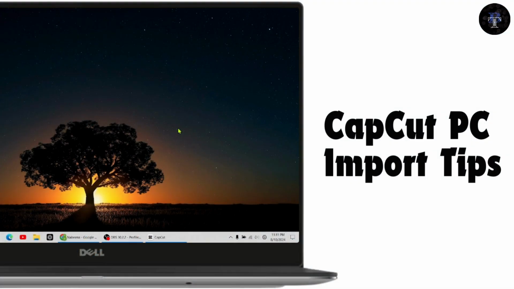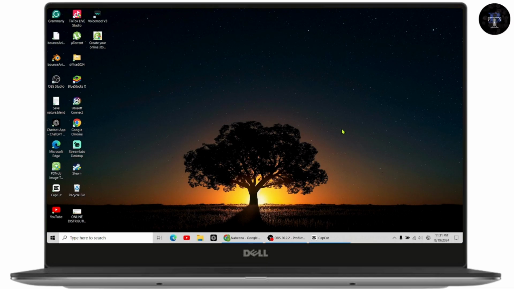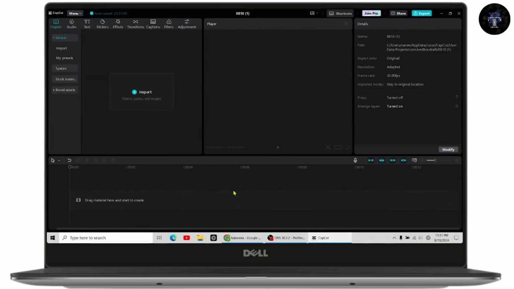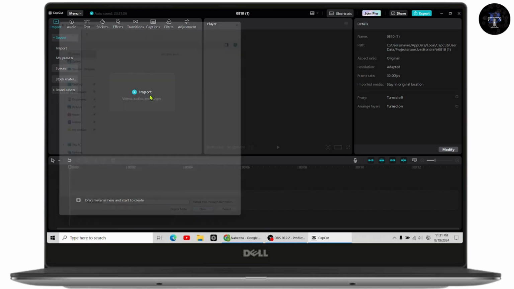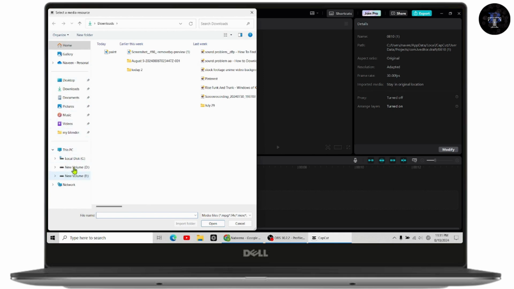CapCut PC import tips. If you want to know the tips of import on CapCut PC, what you need to do is first open the application of your CapCut. Once you open up your application, here on the left side, you will have the import option. If you click on the import, it will take you to the file destination where you can simply